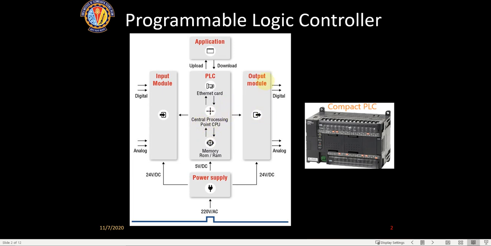And then you have an output module. In most PLCs, the output modules will have optical isolators. Optical isolators are nothing but like a relay. When you give a power supply from here, an LED gets lit up. That gets sensed by an LED detector, which operates a relay, and the connections will be made. So it isolates the input and the output.